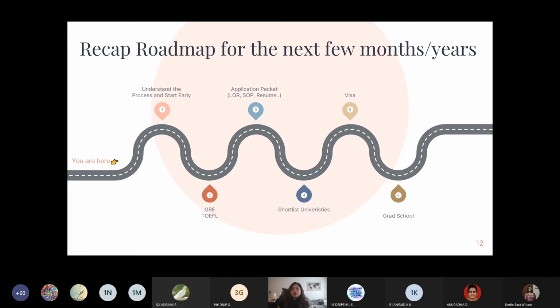So please make sure you start from day one. Be interactive, participate, go to clubs, hold positions, and network. This is very important, and just enjoy the process. It's so much fun. It's not something that you would have experienced before. Learning and fun go hand in hand, so you will do well for sure.